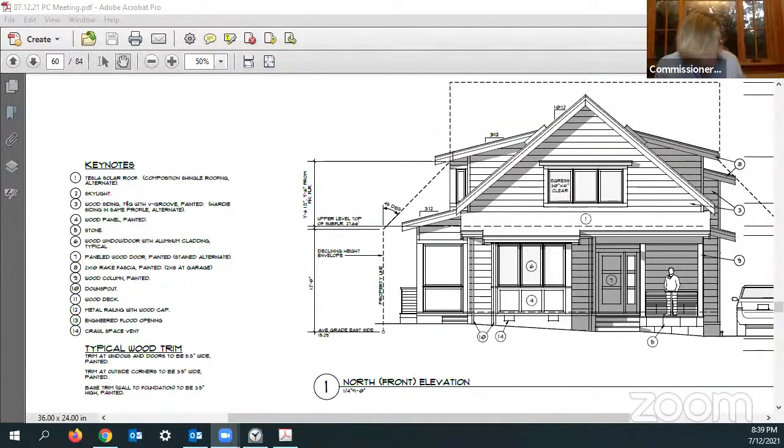Your wood column, you have detail number 9. Could you extrapolate on that a little bit, what you're intending, or is that just a square column? It would be a square column. The intent with this house, with the look anyway, the style is, to do something that has a bit more of an updated look. So we've taken away a lot of the detailing that you might see on more of a period traditional house, say the gridded windows and the paneled columns and so forth. And so these columns would actually be just flat, painted columns.